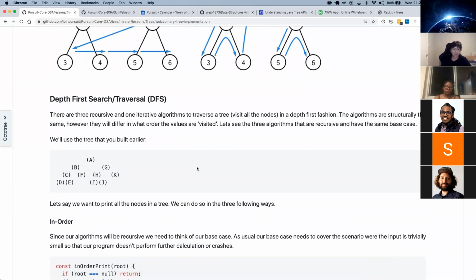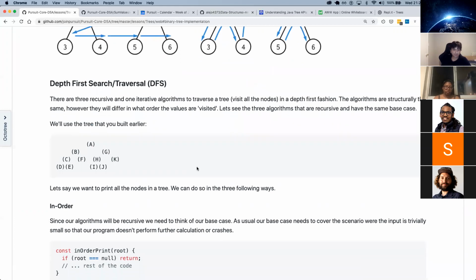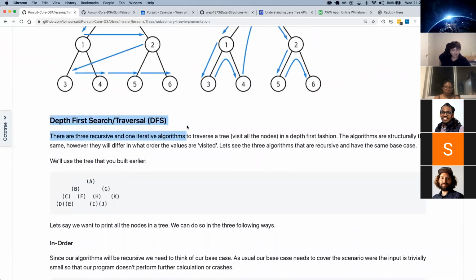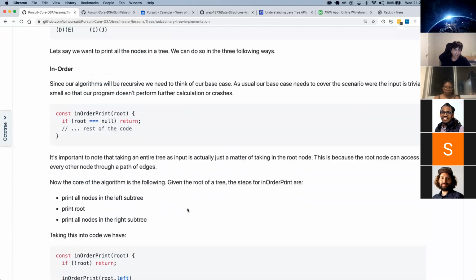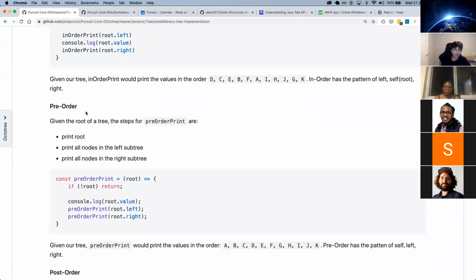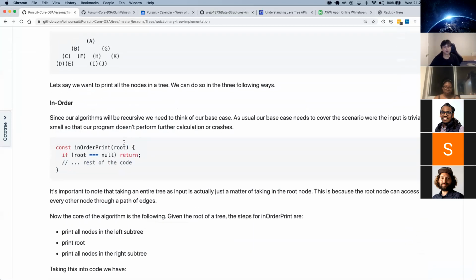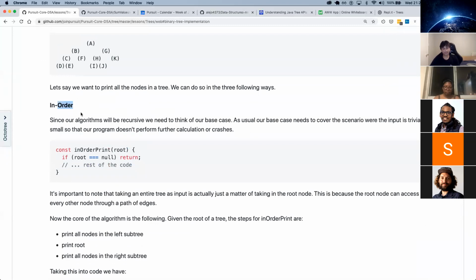Okay, so in order, we have this. This is the same tree we had earlier. Again, there are three algorithms for depth first search: in-order, the first algorithm, pre-order, the second, and post-order. They differ in the sequence in which they visit the nodes.